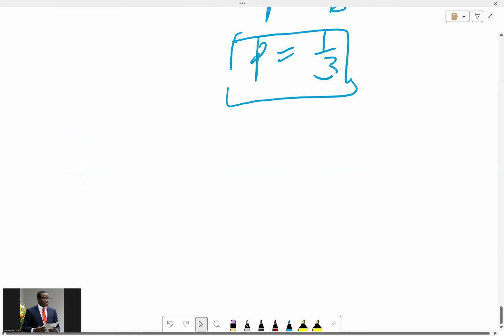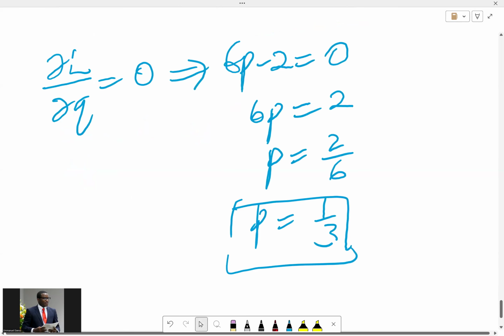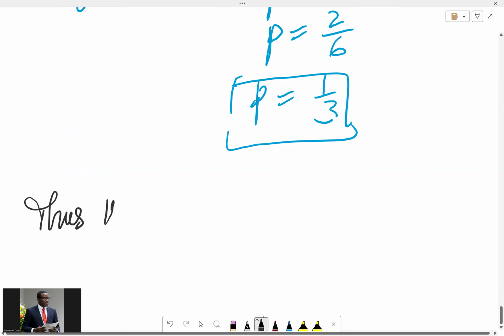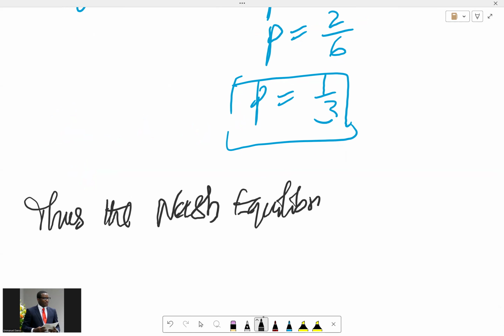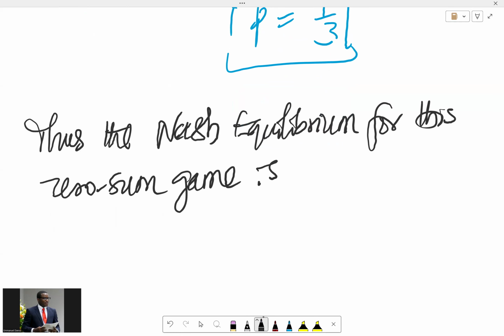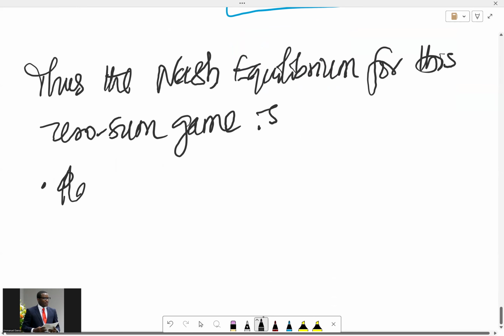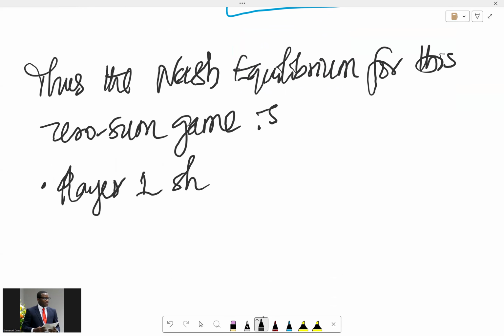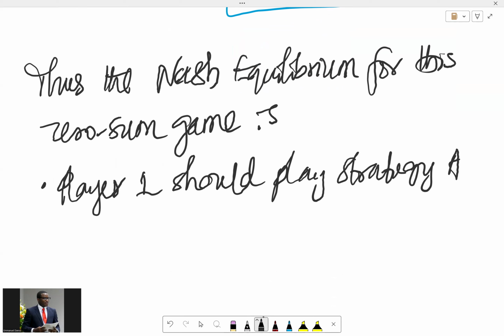Thus the Nash equilibrium for this zero-sum game is: player one should play strategy A with probability